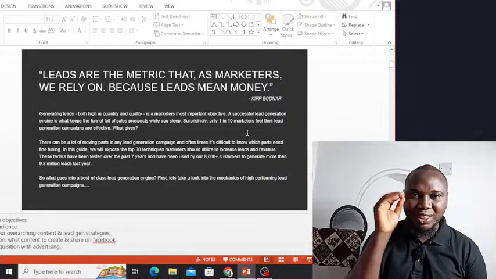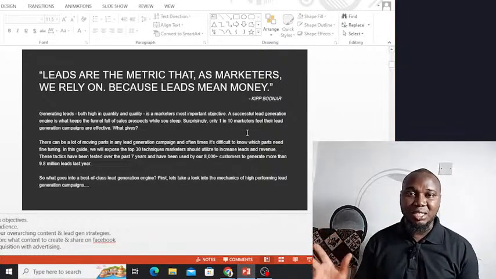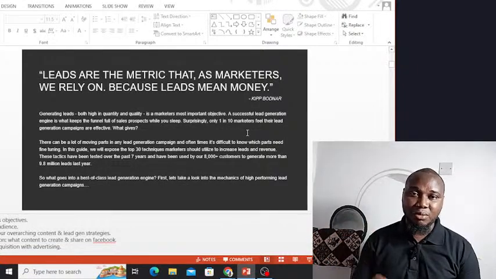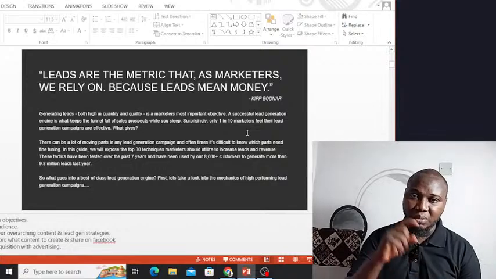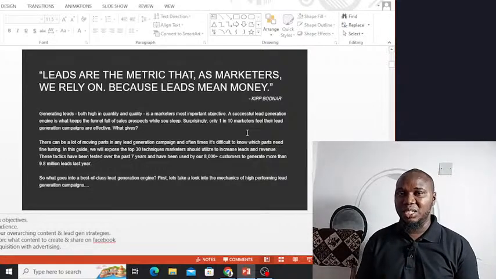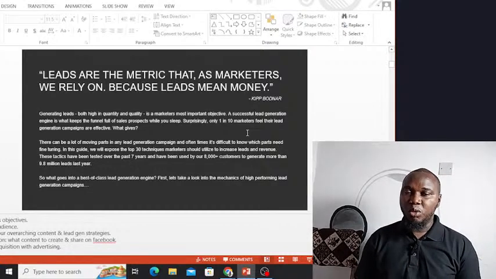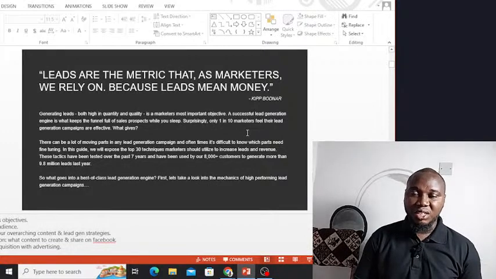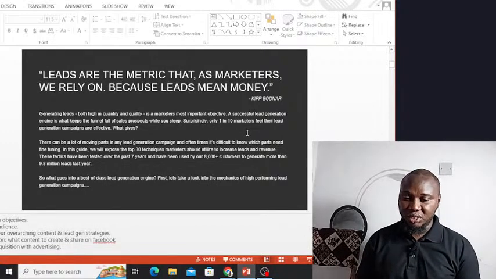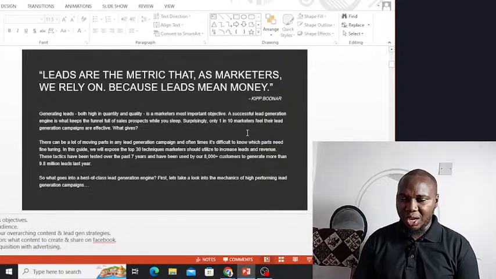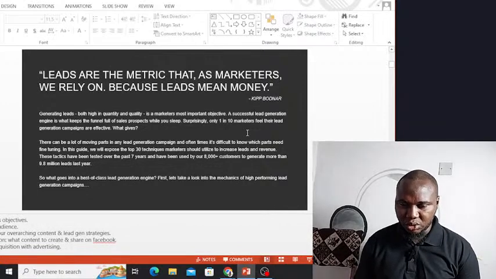In fact, the only thing your business needs is leads, because that is the only time you talk to somebody about your business, about your prospect, and that is the only time people resonate with you based on what you are willing to offer in terms of product or services. So lead generation is indeed a very important factor as far as this is concerned.